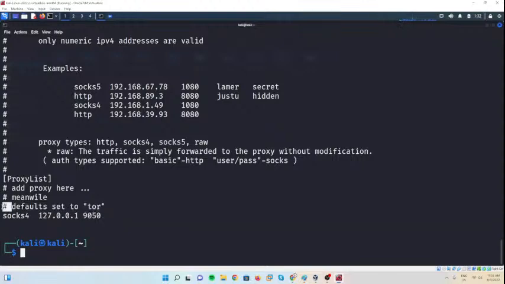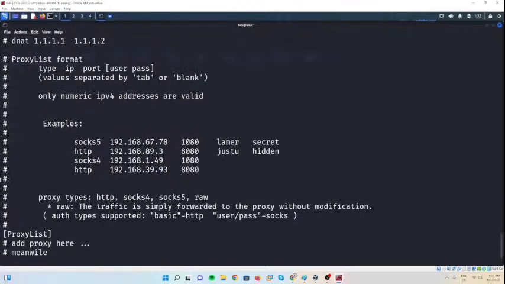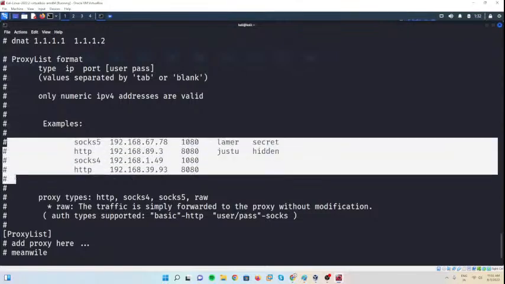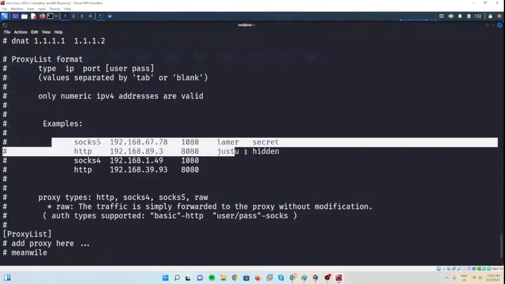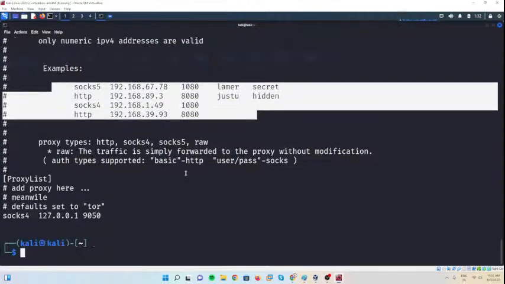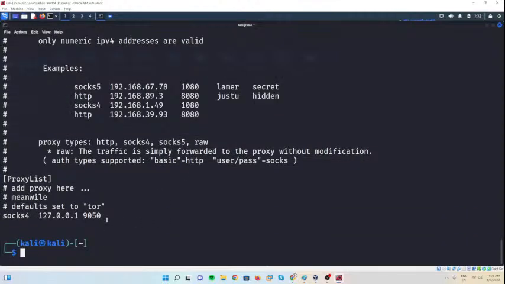You need to remove this hash. Okay, you need to remove this hash, and for this code to work, you can even remove this and this. Okay, this is commenting out. This is the commenting out symbol. In case you use a hash, this will be commented out, and these commands will not be used inside this editor or configuration file. And you should type without typing a hash. Okay,